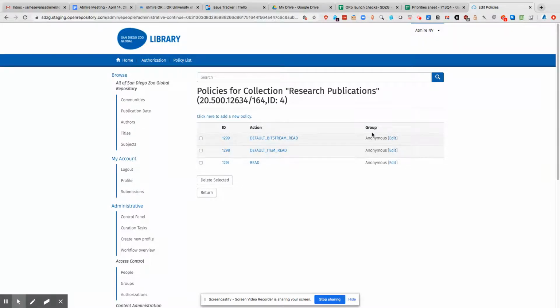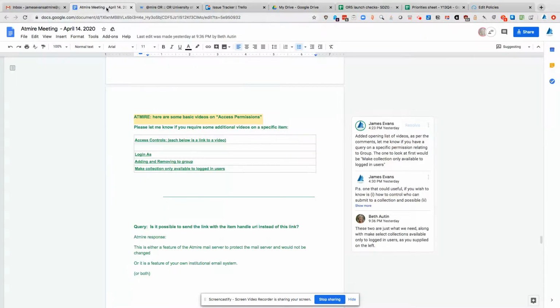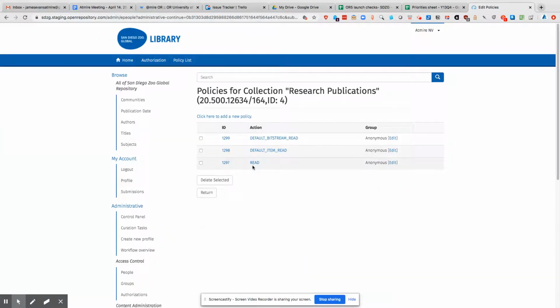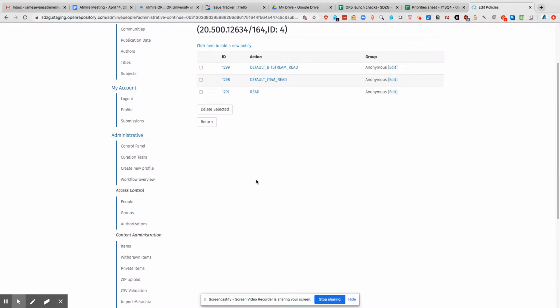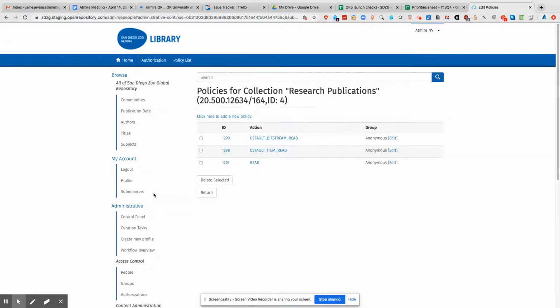So I think the video that I've got on here already covers this in a generic form of DSpace. But if you're not sure on that, then just let me know, and I will provide more explanation of that. So we've got this collection policy. Now, there's no other policy there, and that's fine. That happens by default. Now let's go to the communities page,